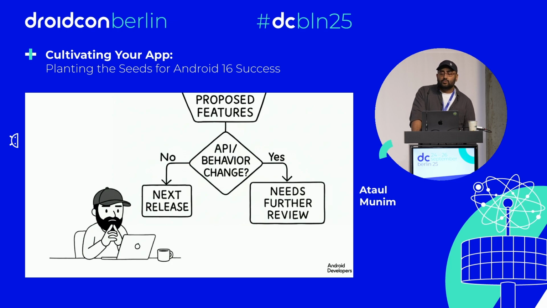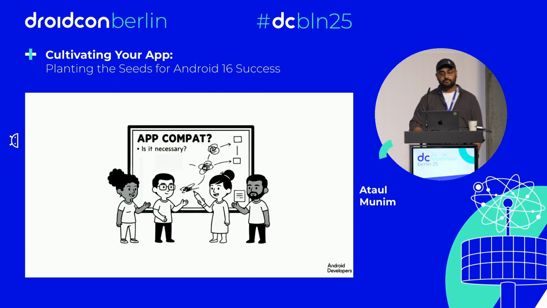Target SDK version is one of the most important mechanisms that we have to ensure that the changes we make to the SDK are safe. Every year, hundreds of features comprising thousands of changes are submitted to improve the next version of Android. And for every release, we review these changes for something called app compatibility, which is a fancy way of saying, is this change going to break an existing app? If the answer is yes, then that feature has to go through additional review.